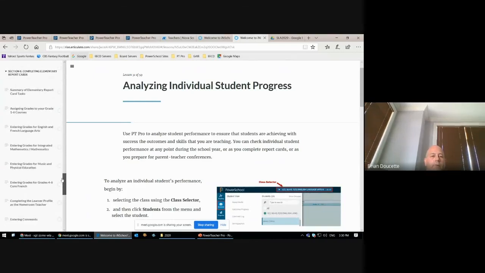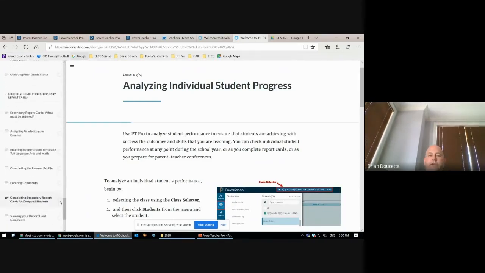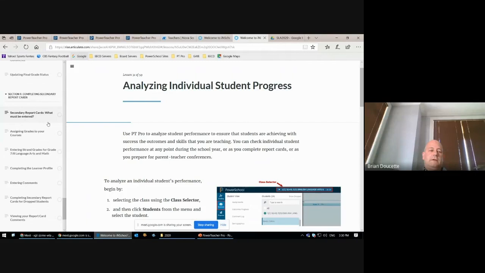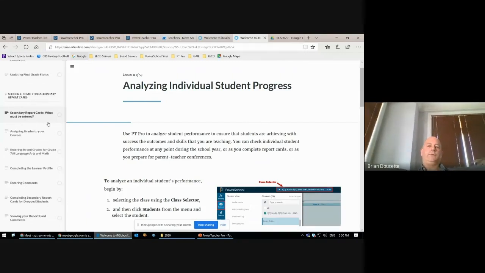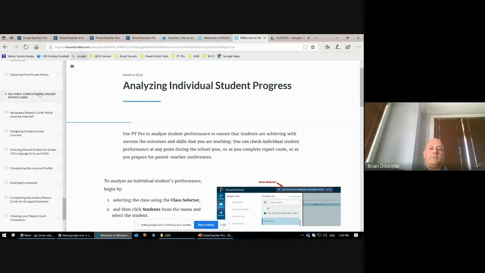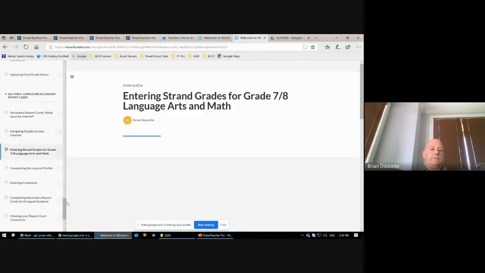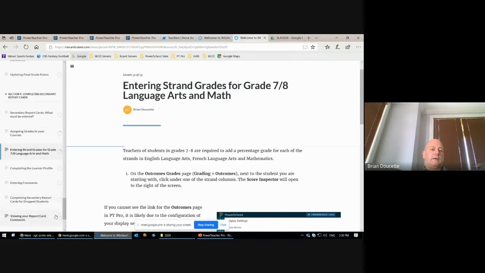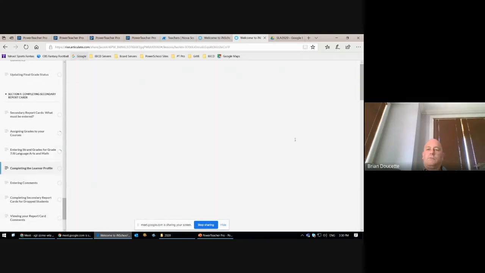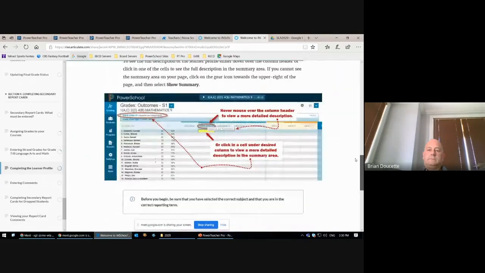We did not get a chance to talk about report cards, but if report cards are new to you, or if you need a refresher, or perhaps just want to go through how you complete report cards at the secondary level in PT Pro, section 9 will walk you right through that, about how you assign grades, entering strands for 7 and 8 ELA and math, completing the learner profile, and